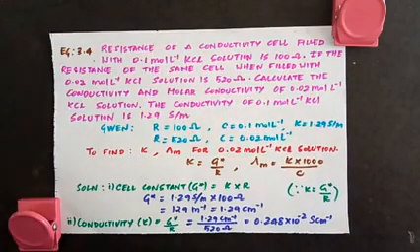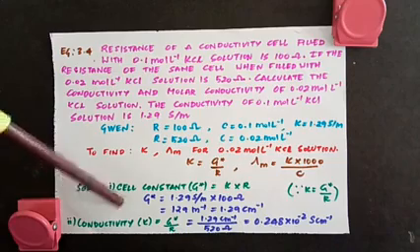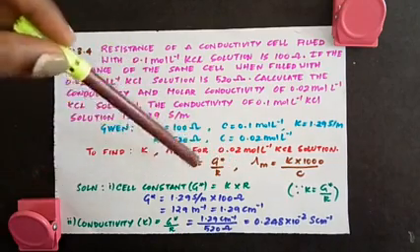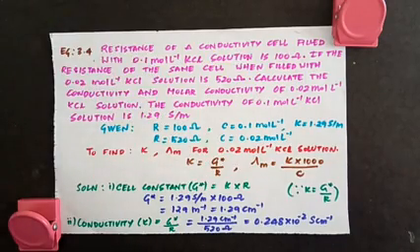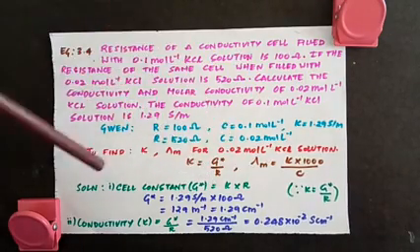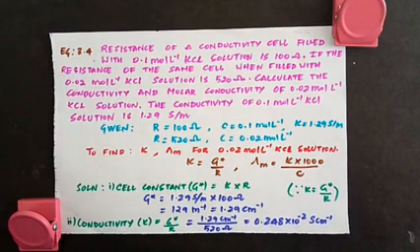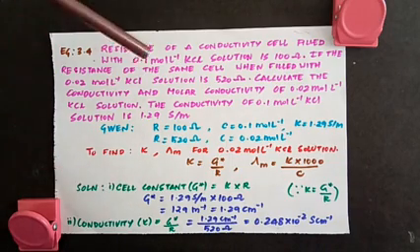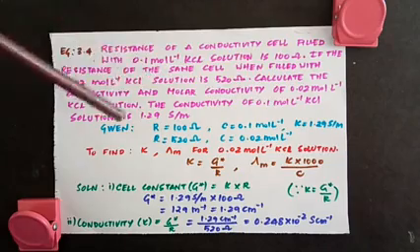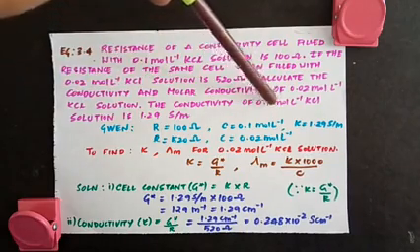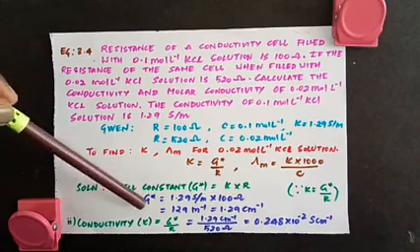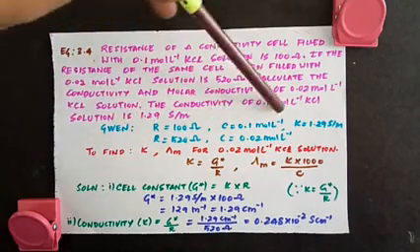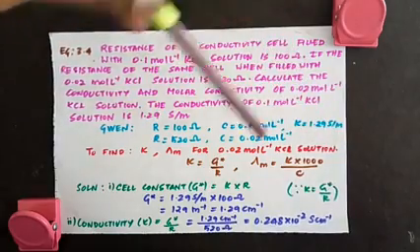So step 1 is to calculate the cell constant, because we want G star to find out kappa. So cell constant is equal to kappa into R. Now remember, cell constant is a constant value for a given conductivity cell. So no matter what concentration of the solution you are taking, the cell constant will be the same because it is a constant. So you can use the kappa which is given for the 0.1 molar concentration solution and the resistance for that to find out G star. So you are using this resistance and this concentration and this kappa value to find out the G star value.